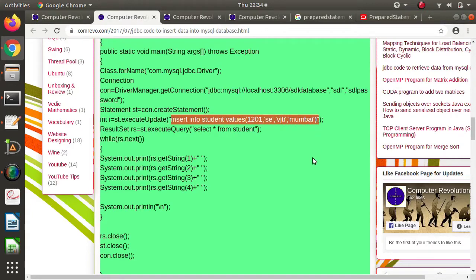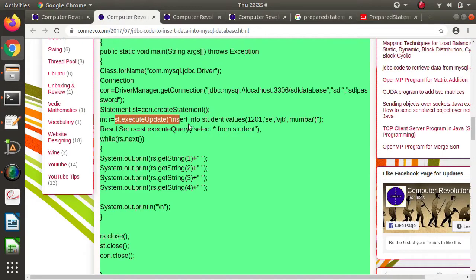Suppose we want to insert another row, so again we have to repeat this statement. The same statement will repeat, only the data will get changed. If you want to insert a third row, again we need to write this statement, with the same query, insert into table name values, and only the data will get changed. Likewise, we have to write multiple statements.